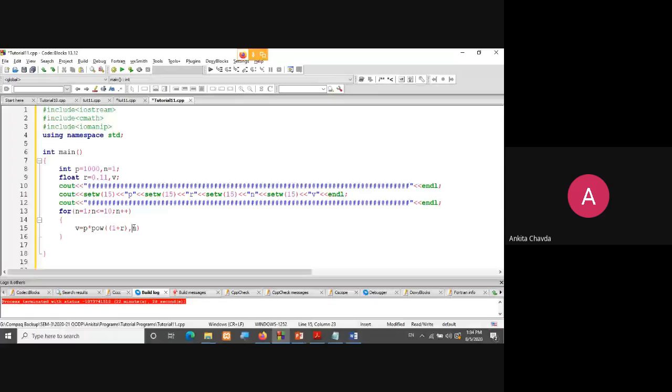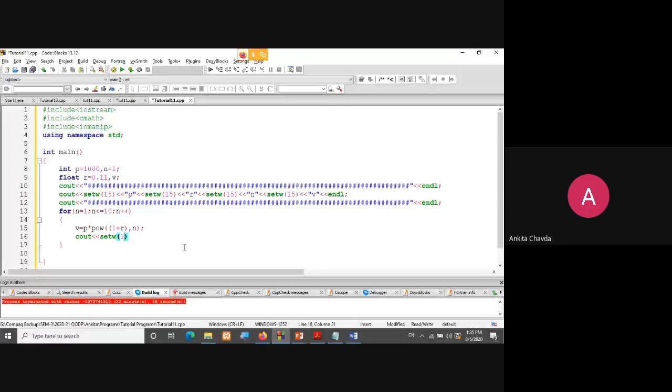Now I just want to print that thing again in the cout. Once it is calculated, after that I'll increment the value of the principal amount as well as the rate. In the cout I'm writing again, because I've taken setw of 15 over here, so I must include that 15 here, so it will be in a well-defined format. Otherwise you can even take 5, but your output will not look good, so for that I'm taking 15.